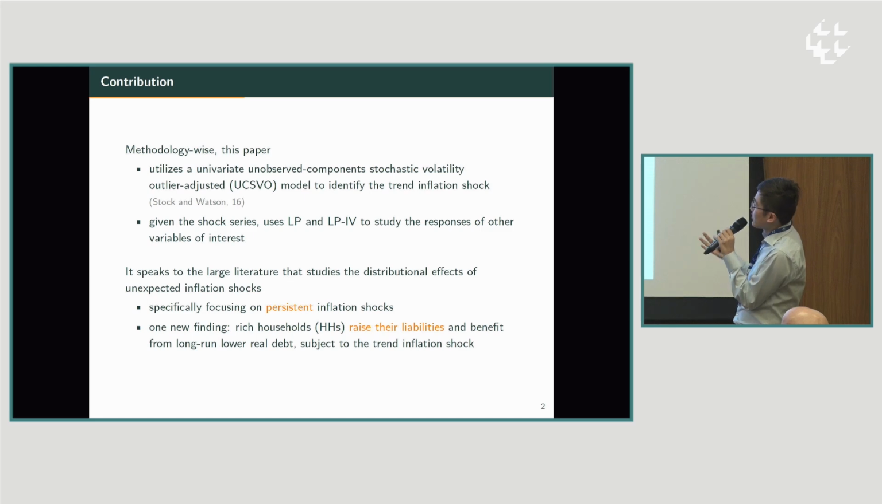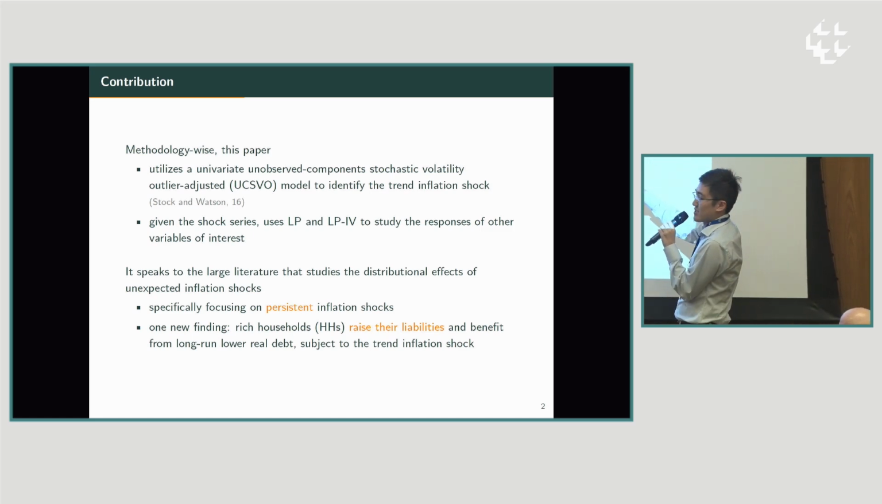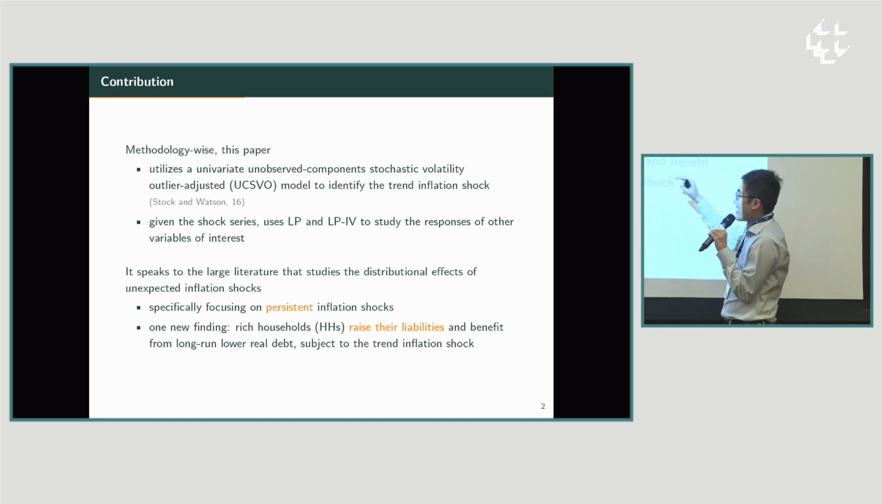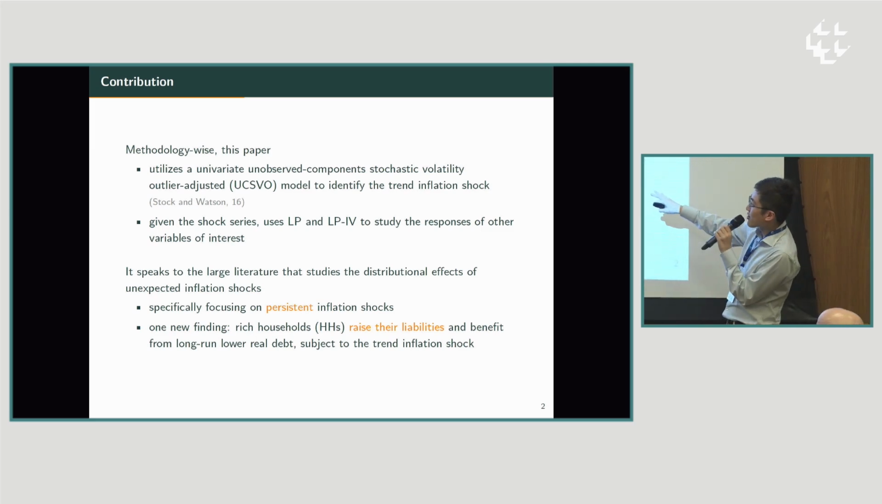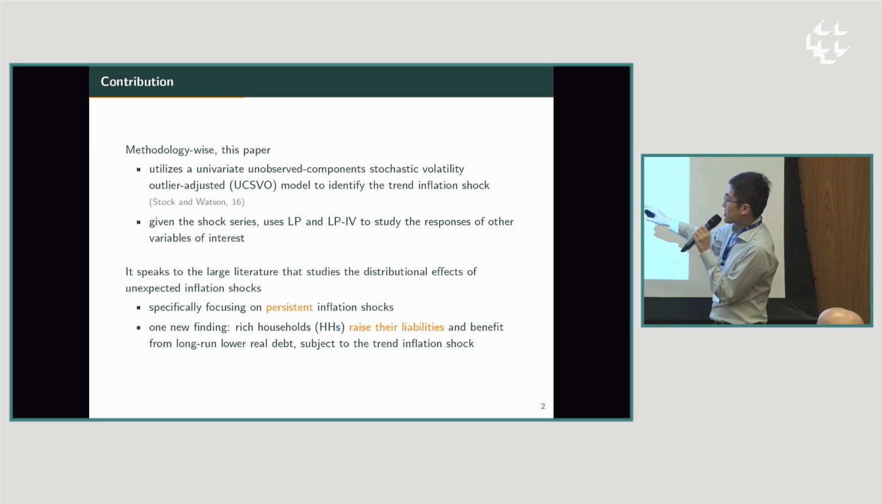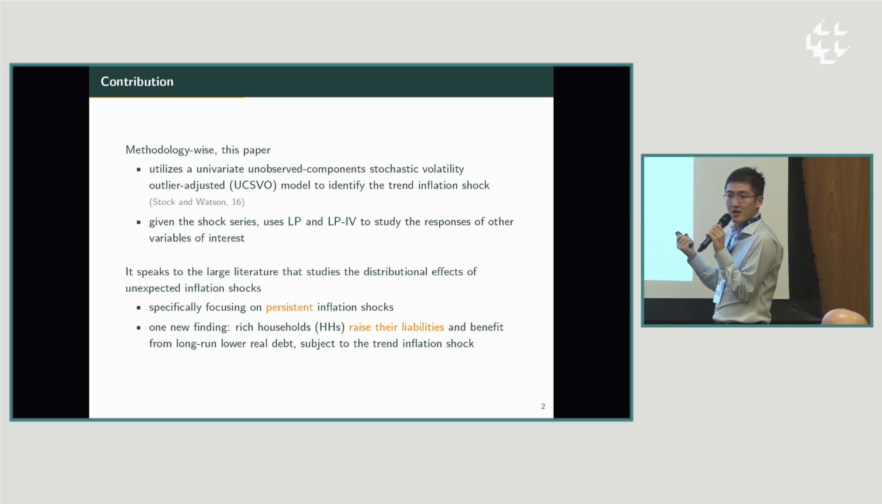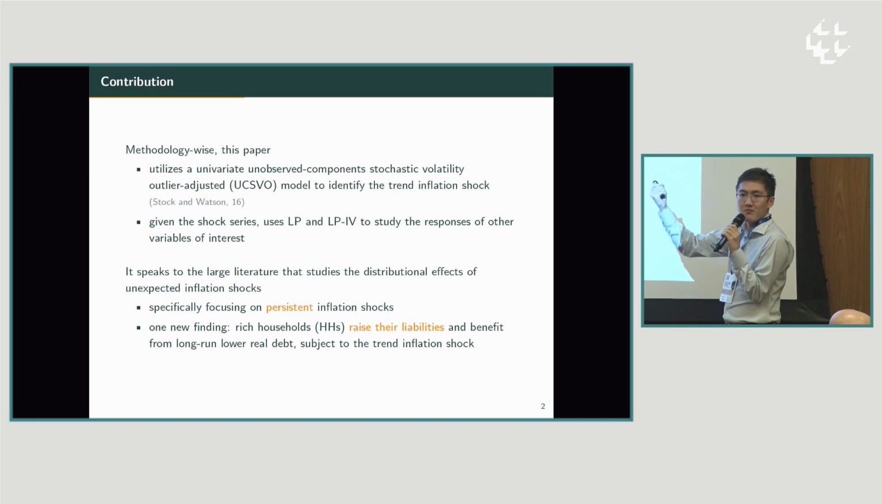So what's really new to the literature? We have a large literature on the distributional effects of unexpected inflation shocks. So what's new is, first, they focus on the persistent inflation part, and secondly, they find a new channel for the distributional effects, which they argue is that the rich households, when subject to this persistent inflation shock, because people would expect all the future inflation would go up permanently,